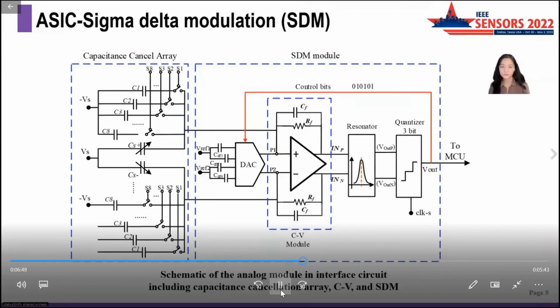The quantizer is used to convert the signal output from the resonator into a bit stream signal. A switched capacitor DAC is implemented to form a negative feedback analog signal. The bandpass SDM module is able to transfer the quantization noise introduced by the quantizer out of the baseband, and therefore improve the signal-to-noise and distortion ratio of the modulator.